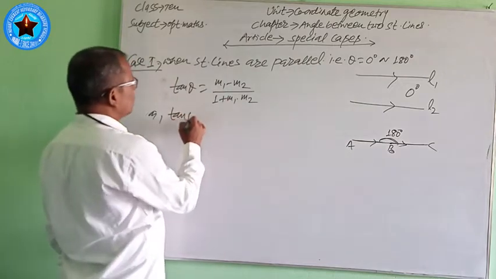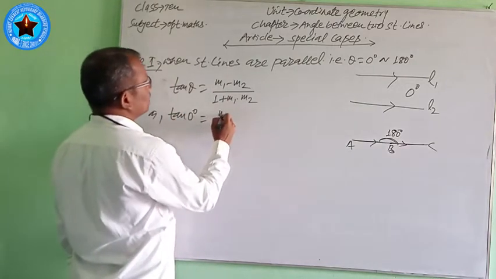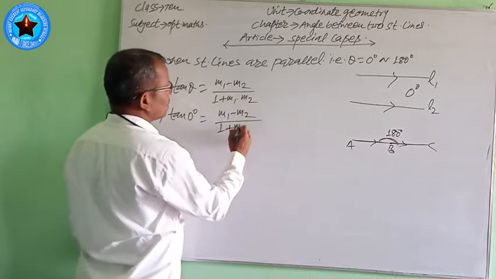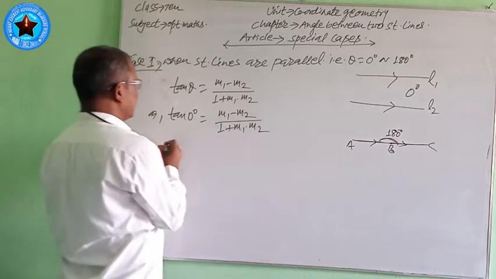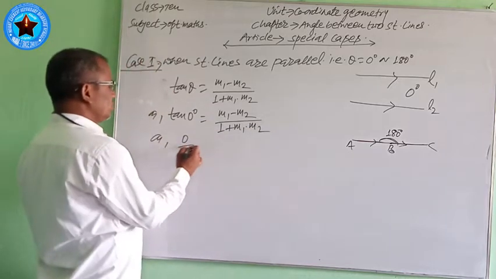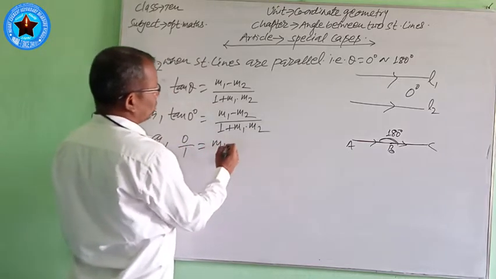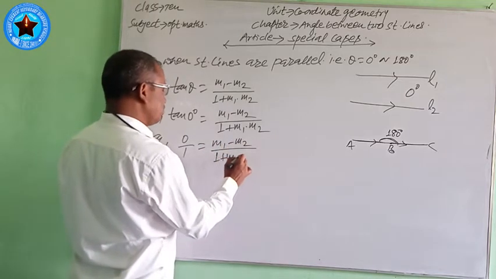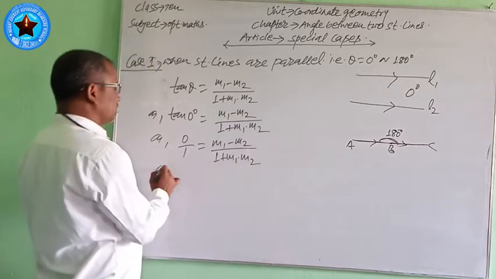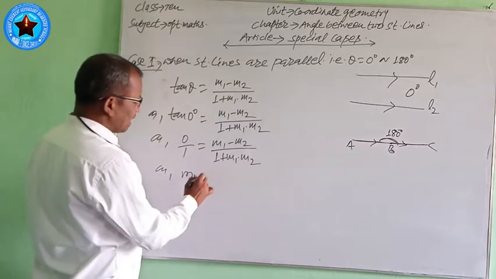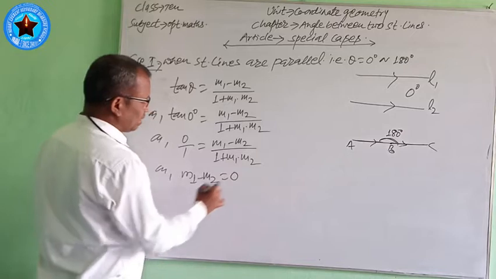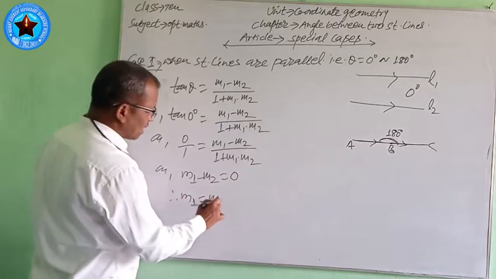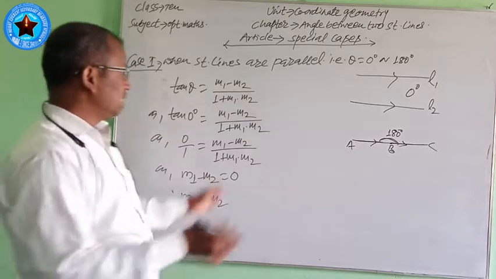Means (m1 minus m2) by (1 plus m1 into m2) equals 0 by 1, and by cross multiplication we have m1 minus m2 equals 0. Therefore m1 equals m2 when the straight lines are parallel,